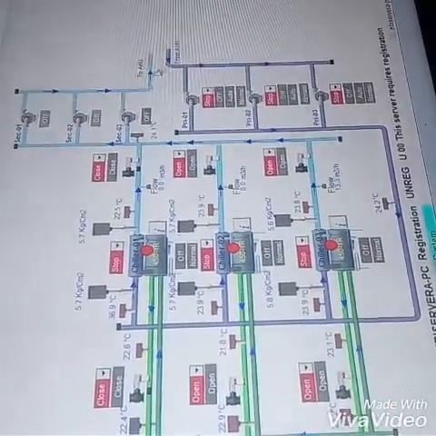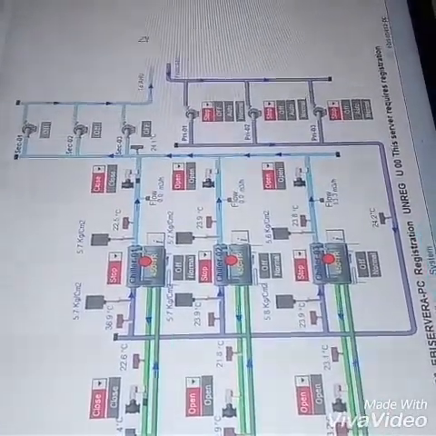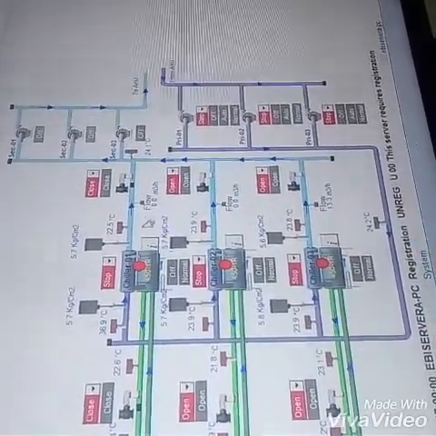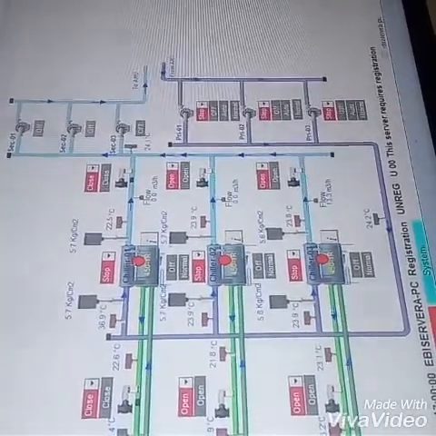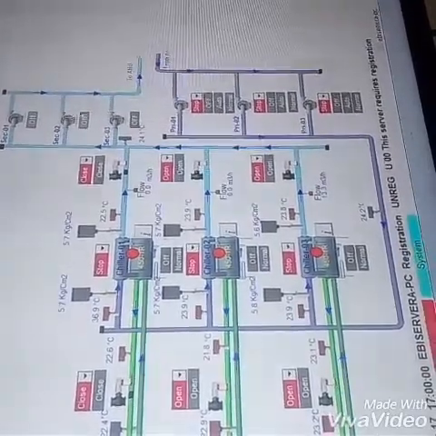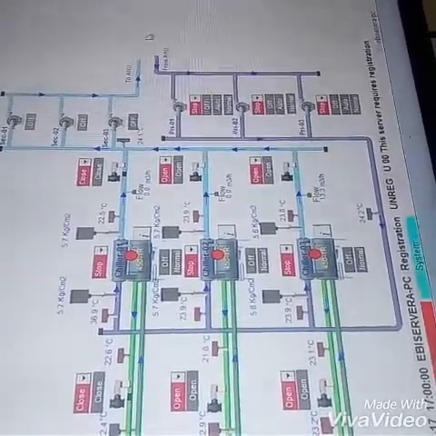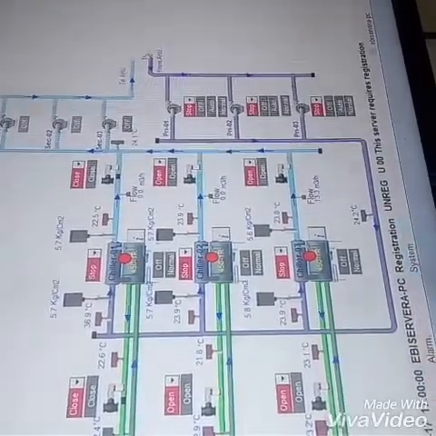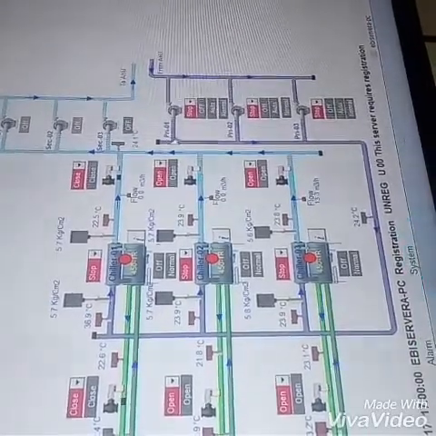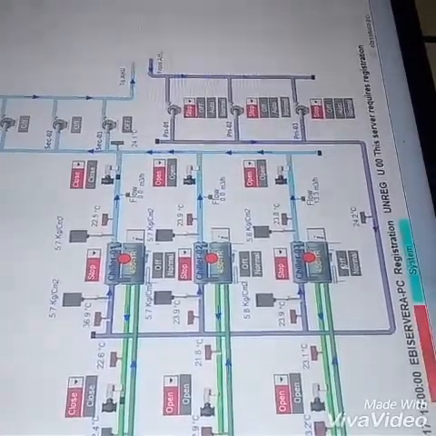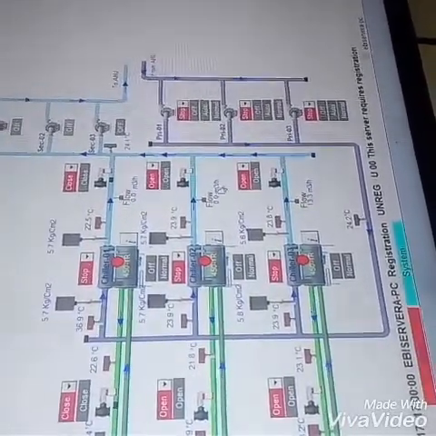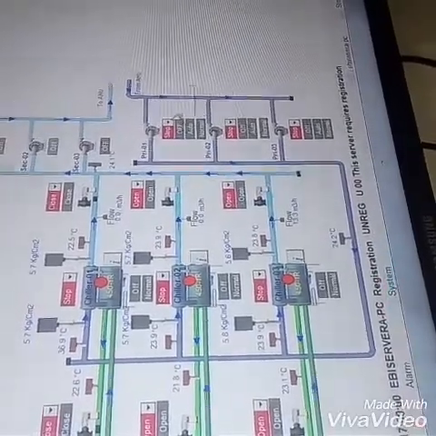Here it goes to the AHU, the air handling unit, where it will cool the air. The chilled water goes from the chiller, with the help of the secondary pump, to the AHU, and after returning from the cooling coil and the blower, it will pass to the same chiller. The water will come to this chiller or that chiller, whichever one will run. In that, the water will return from there with the help of the primary pump.